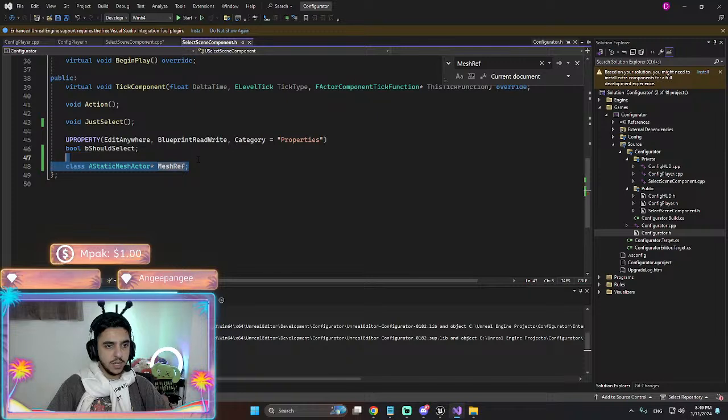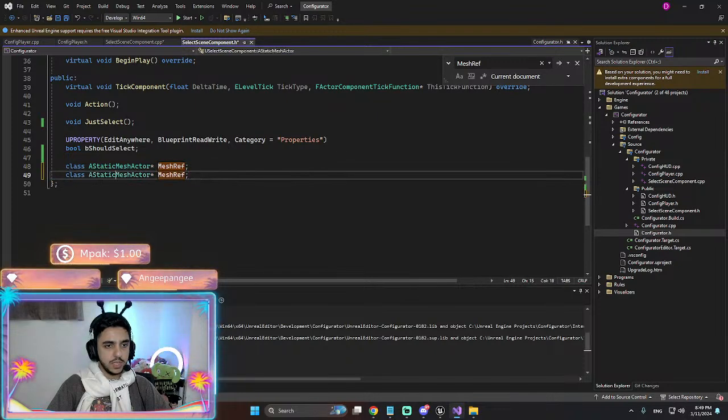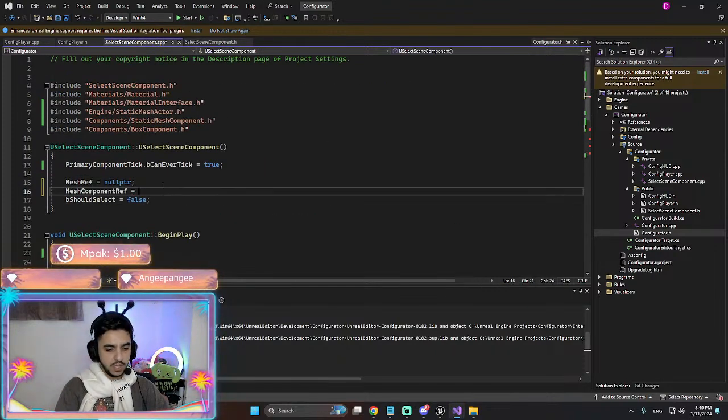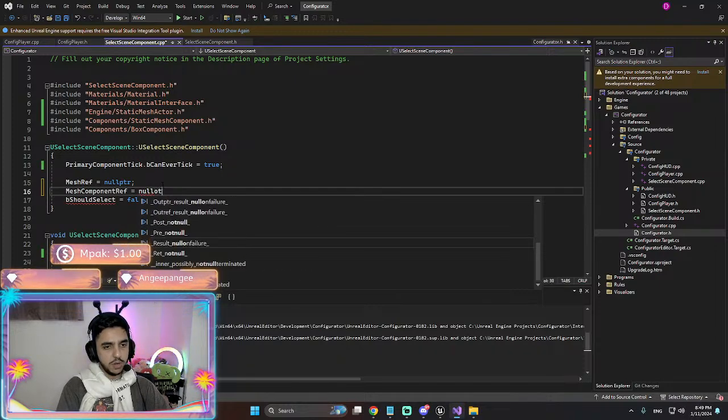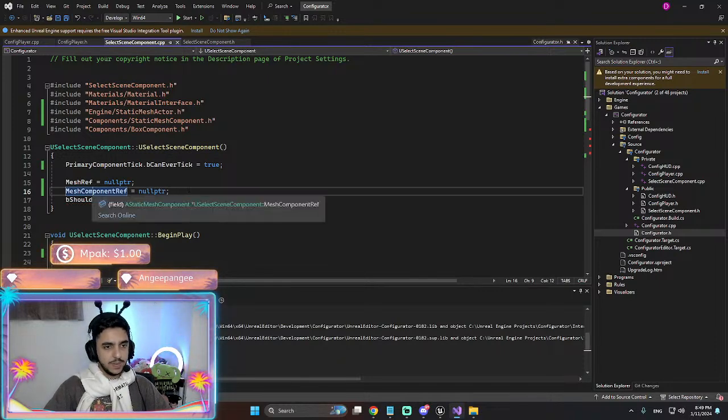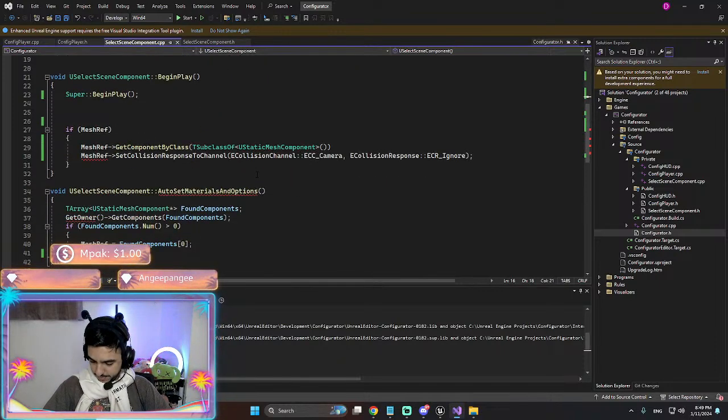Here I'm gonna add another one called use static mesh component mesh component ref. I know this is weird, but it will work, believe me. Is equal to null ptr. It's just how coding is. It's weird, right? And then we get this.